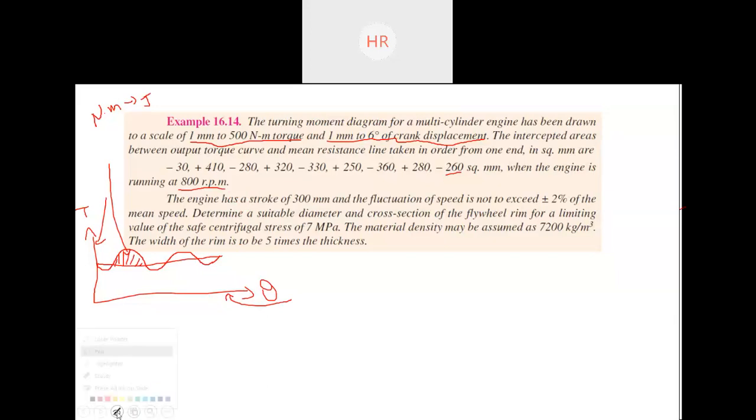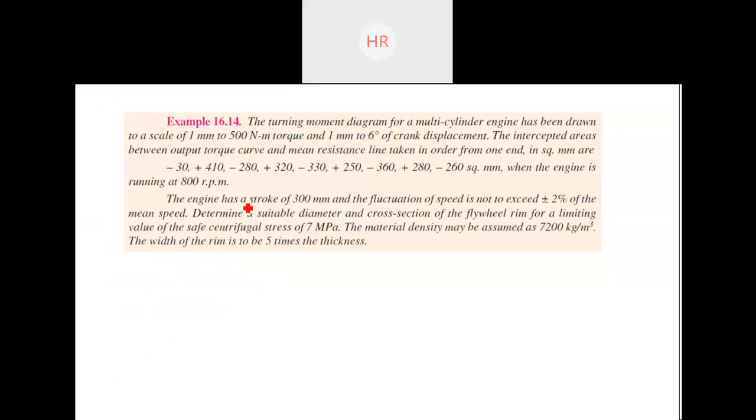Engine is running at 800 rpm. The engine has a stroke of 300 mm, and the fluctuation of speed is not to exceed plus or minus 2%. Okay, fluctuation of speed,